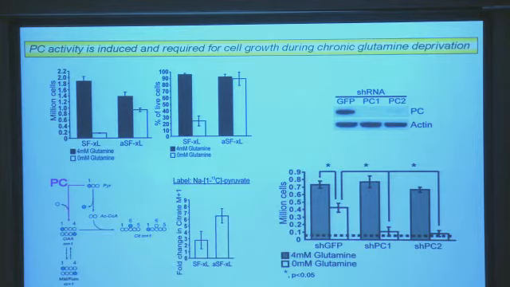Therefore, we conclude that PC activity is induced and required for cell growth during chronic glutamine deprivation. We also found that in some cancer cell lines with higher PC basal level, they can grow without glutamine, and targeting glutaminase in those cells has no effect on their cell growth. Therefore, for people who are thinking about targeting glutamine metabolism as a potential cancer therapy, they need to take our